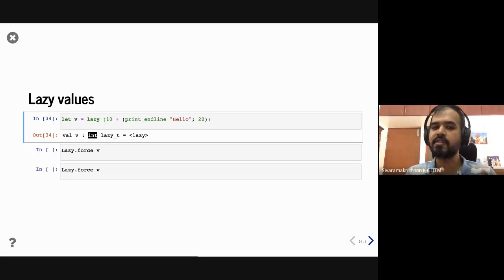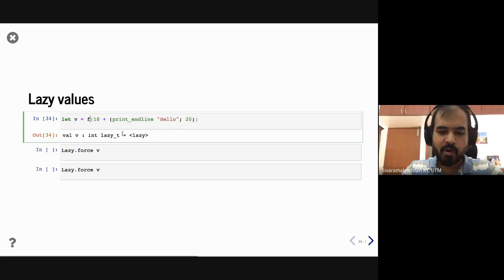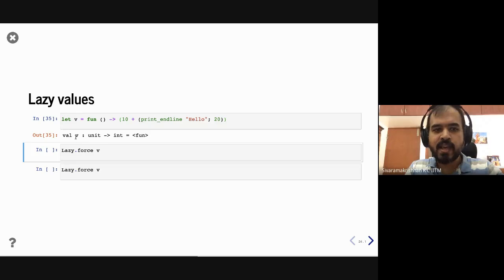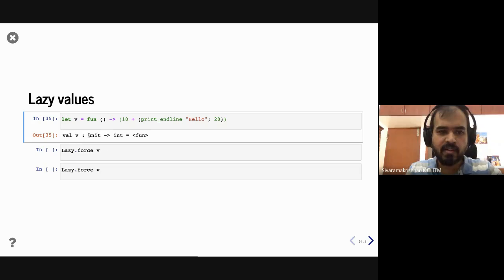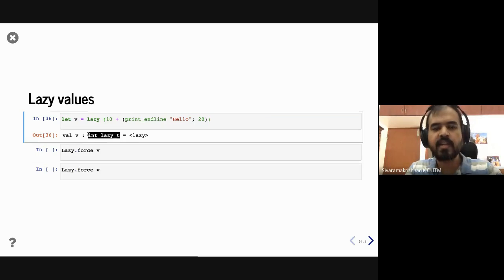This should remind you of something that we have done earlier, right? You can think of it, morally, as very similar to doing something like this. V is a function which when invoked returns you 30, but also performs the effect. It prints endline when you call this function, not before. In the same way, lazy gives you a suspended computation. This expression is not evaluated yet. When you force it, it will go ahead and evaluate. The only difference is